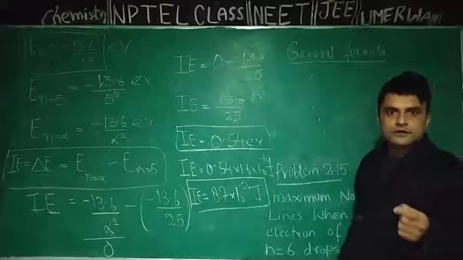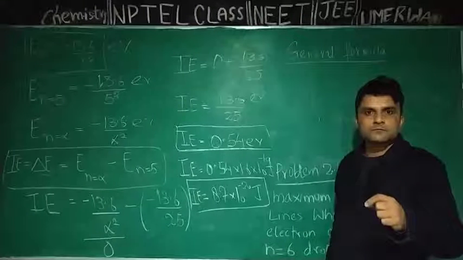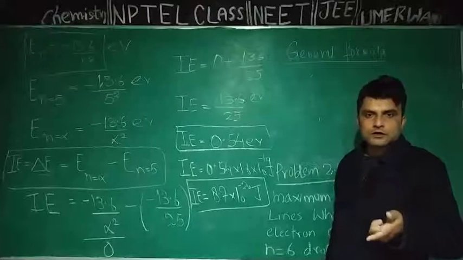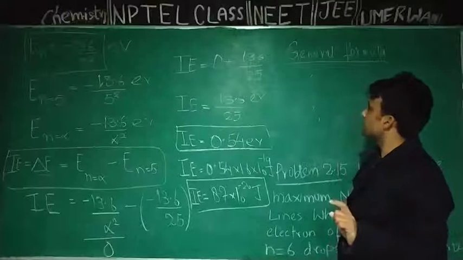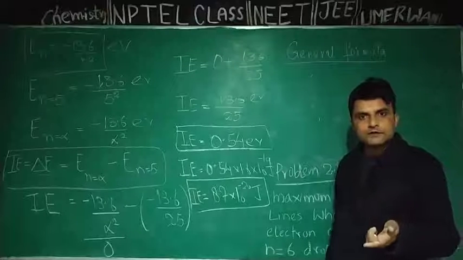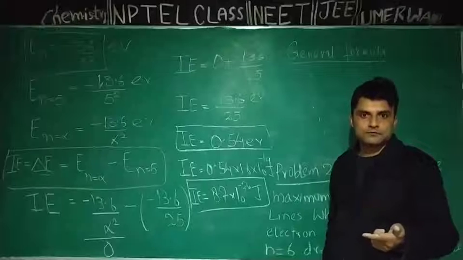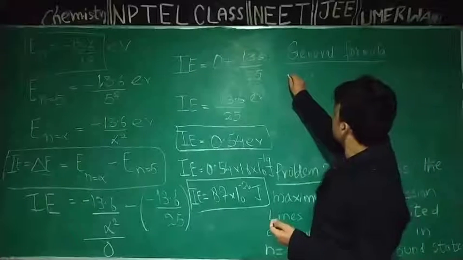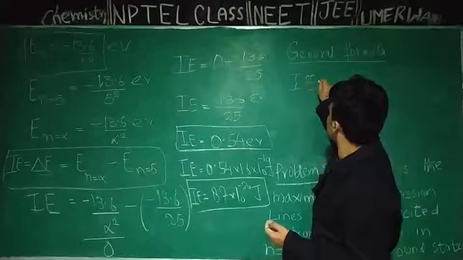Consider a situation where it is told to you that the electron is present in the nth orbit, n may be 2, 3, 5, 7, any number. Now we have to calculate the ionization energy of a hydrogen atom in which the electron is present in its nth orbit, and the formula is: